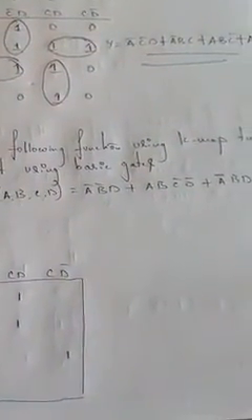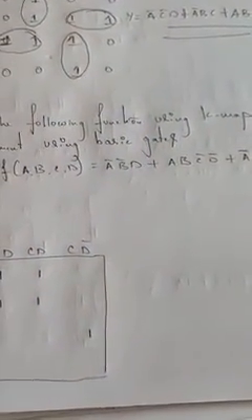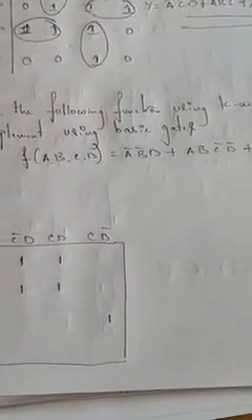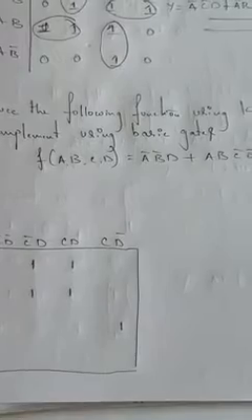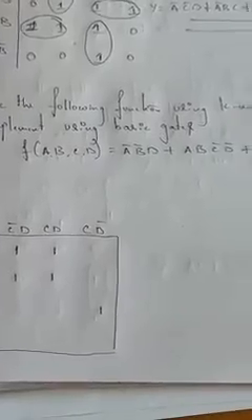Reduce the following Boolean function using K-map and implement using basic gates. So once you reduce this K-map, you need to implement the expression using basic gates. Implement is nothing but you need to draw a circuit using basic gates. Which are the basic gates? AND, OR, NOT. You need to remember AND, OR, NOT are the basic gates. So look at the expression.